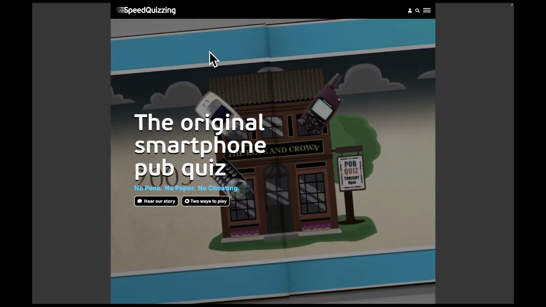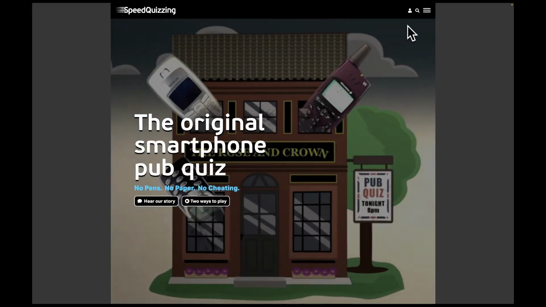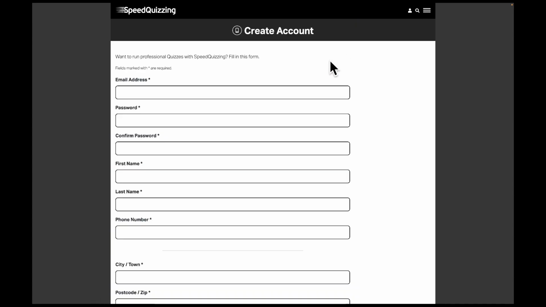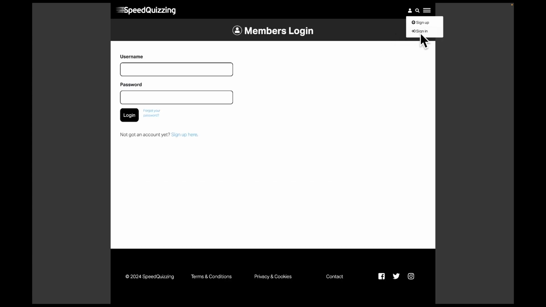So go to the SpeedQuizzing website, which is speedquizzing.com, and the first thing you're going to do is click there and click sign up to create an account. Fill in the form, create the user account. You will need to go into your emails, find the verification email and confirm the account. Once you've created the account, you'll sign into the account